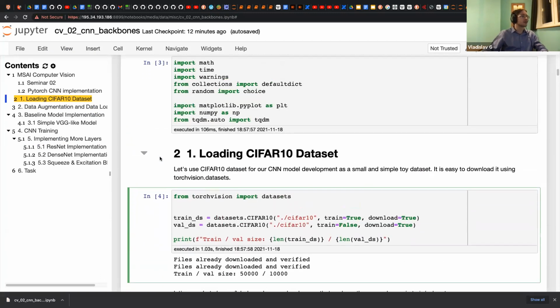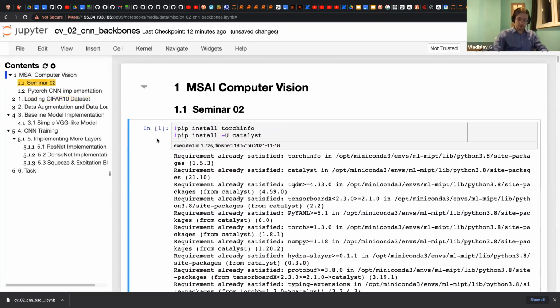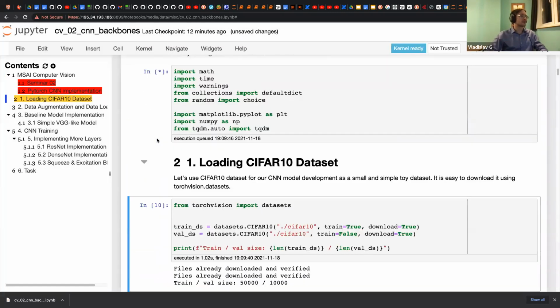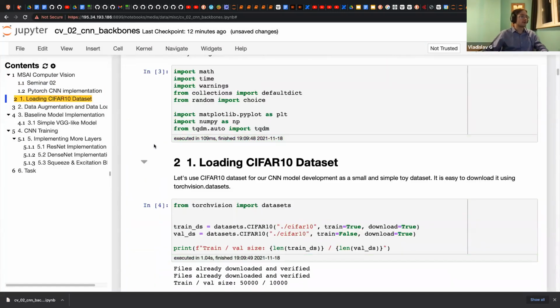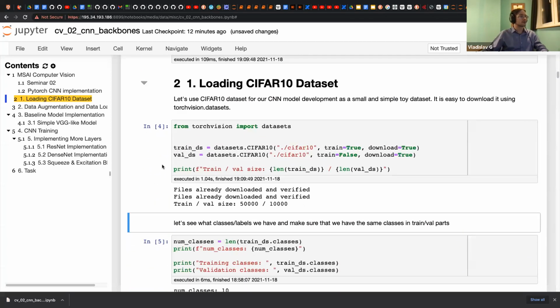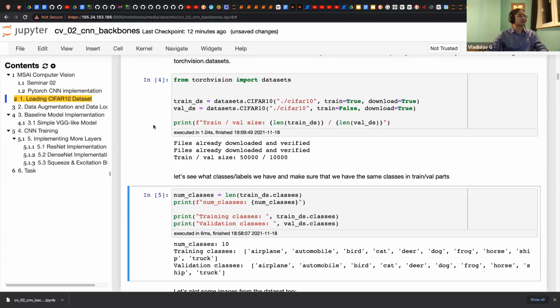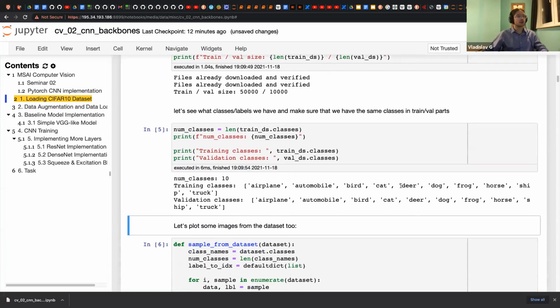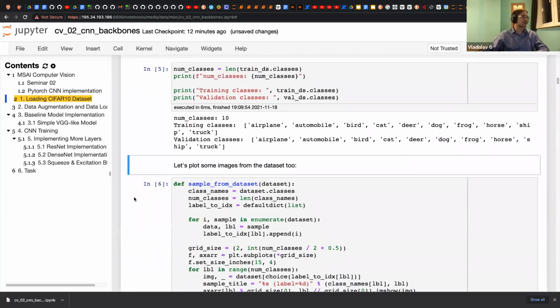So I think I will run it. Okay, I will restart it. We have everything clear. And I already downloaded it locally, so it takes no time. And yeah, we see 10 classes such as airplane, bird, cat, deer, dog, frog, horse, sheep, and truck.